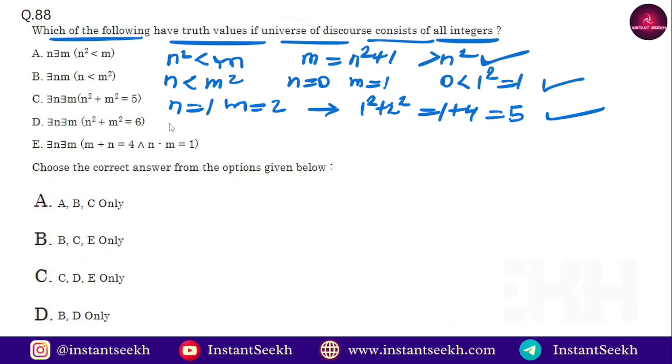Next, option D, this is n square plus m square equal to 6. Straight away, we have just seen it is equal to 5, so it can't be equal to 6. So this is wrong. Next,